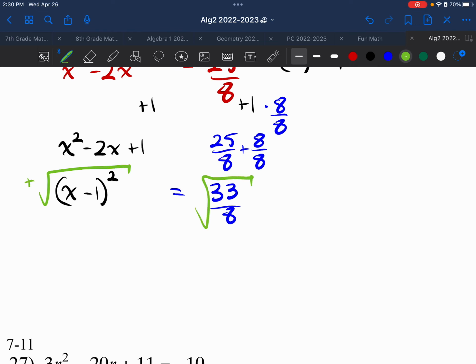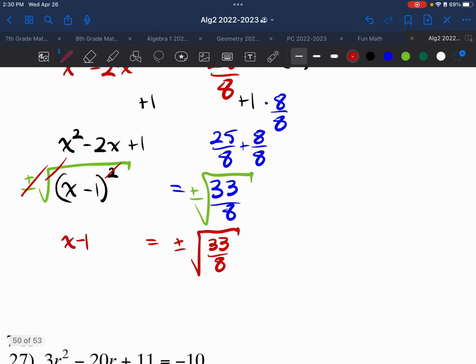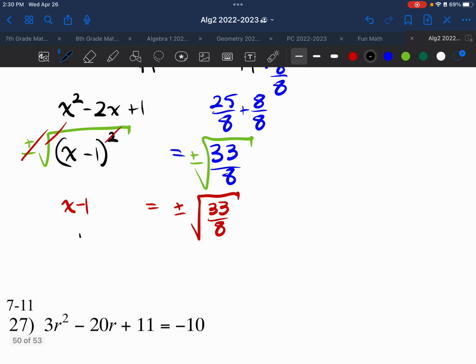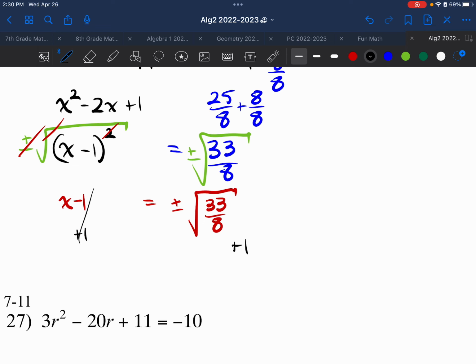That's not enough. I need to do a plus or minus. And then from here, things are going to cancel out. Gone, gone, gone. I'm left with x minus 1. And then over here, I have the plus or minus root 33 over 8. That's all under the square root, so I should be careful about my square root and say the entire thing there is being square rooted as opposed to just the numerator. And then finally, we just add 1 to both sides, so that 1 is gone. We get our final answer that x is equal to 1 plus or minus the square root of 33 over